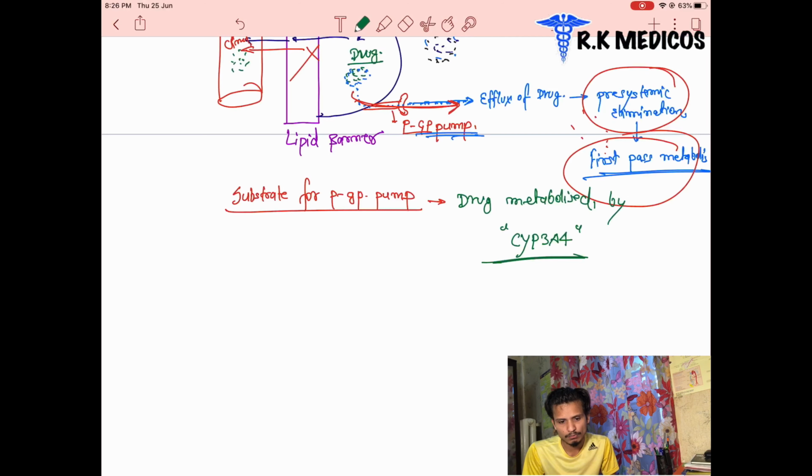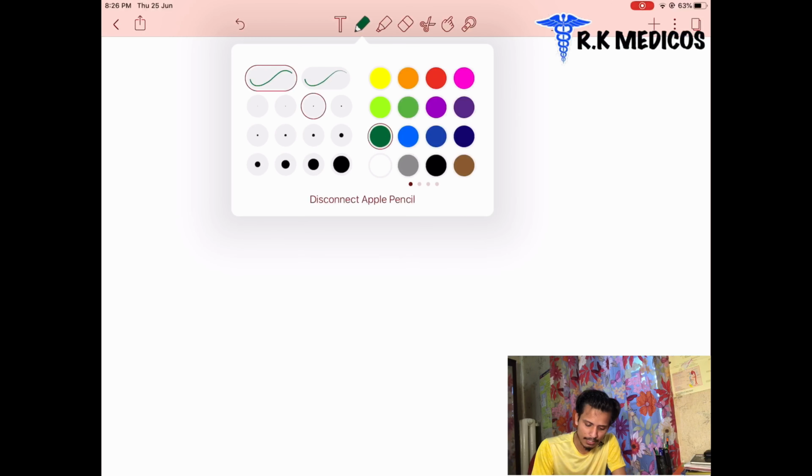Now we mainly discuss which drugs are responsible for their formation and their passive diffusion. How do the drugs diffuse? Through diffusion they move inside the blood vessels. Once again we can see here is the barrier, and here are our blood vessels. Here is our intestinal lumen, suppose we take it opposite.